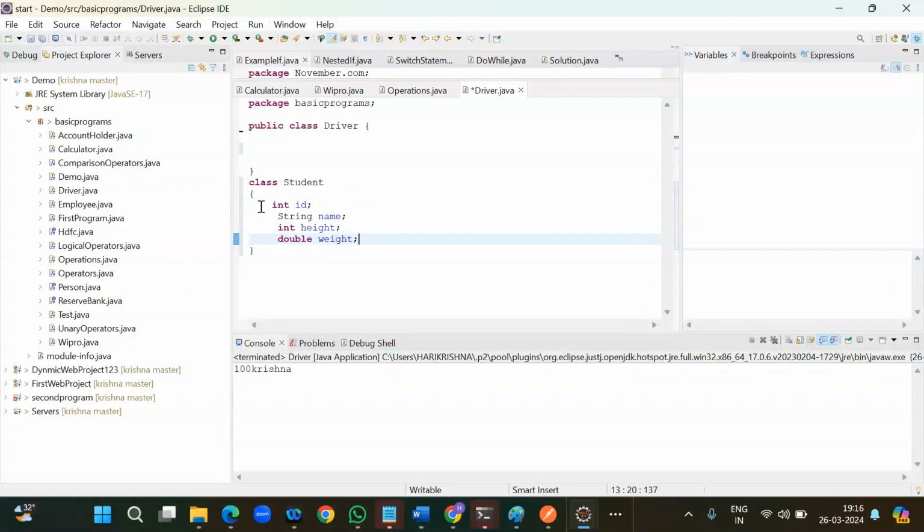Within this class, I have taken four instance variables: int id, string name, int weight, and double height. Okay, fine. Now I want to call those variables